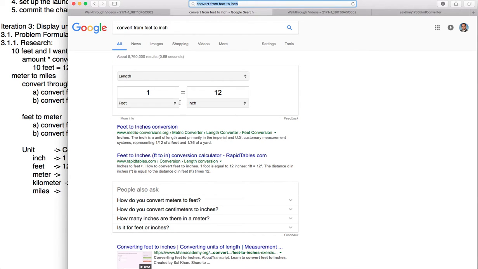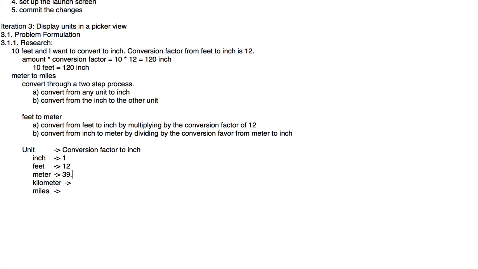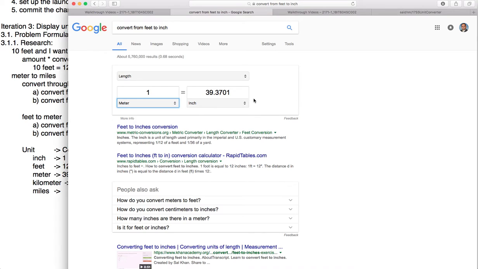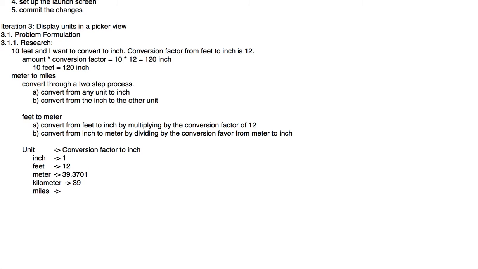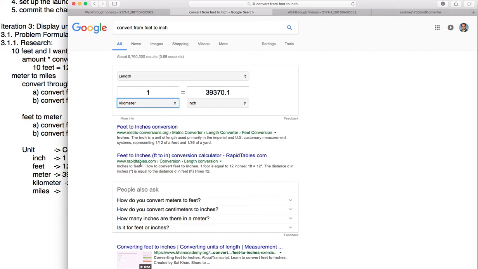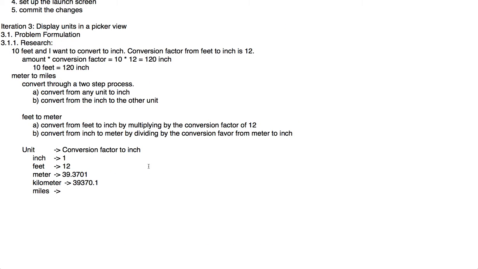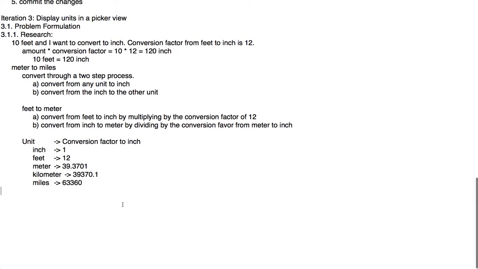So foot to inch is 1. And you can see here there are so many other units. If I want to go from meter to inch, the conversion factor is 39.3701. If I want to go from kilometer to inch, I multiply by 1,000, so it's 39,370.1. If I want to go from miles to inch, it's 63360. So that understanding of the conversion process can help us as we decide the scope